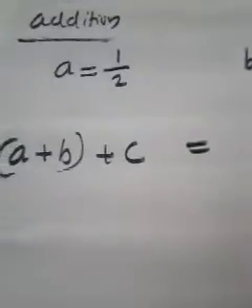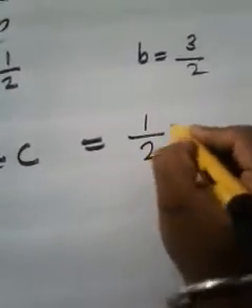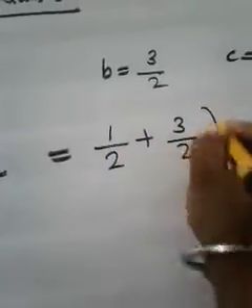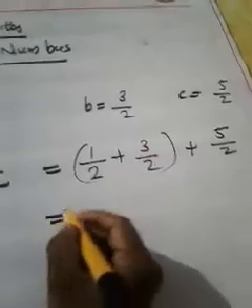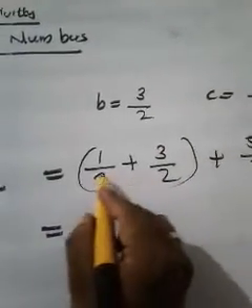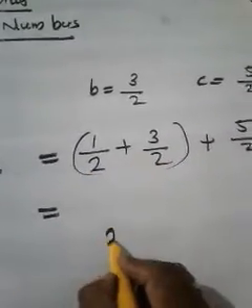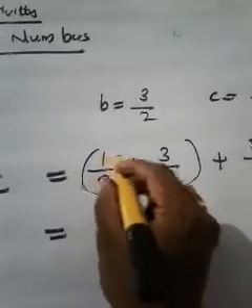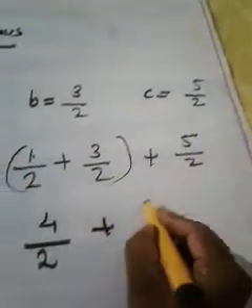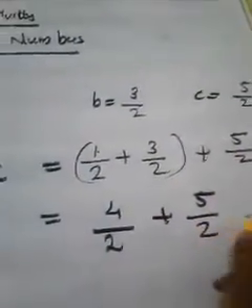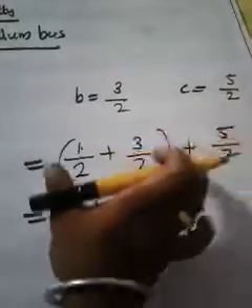Okay. And here, what is (a plus b) plus c? Can you tell me? 1 by 2 plus 3 by 2 in a group plus c is separate, that is 5 by 2. We chose in that way, isn't it? And now you see here the denominator is same. In order to add two fractions with the denominator same is very simple. Just write the denominator as it is. Add the numerators. What is 1 plus 3? 4. So the answer is 4 by 2 plus what is remaining? 5 by 2. I told you, you have to solve the things inside the bracket first.